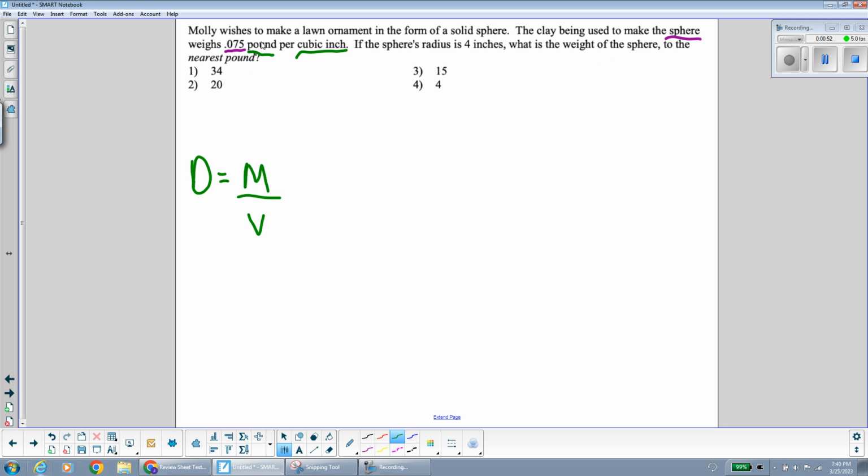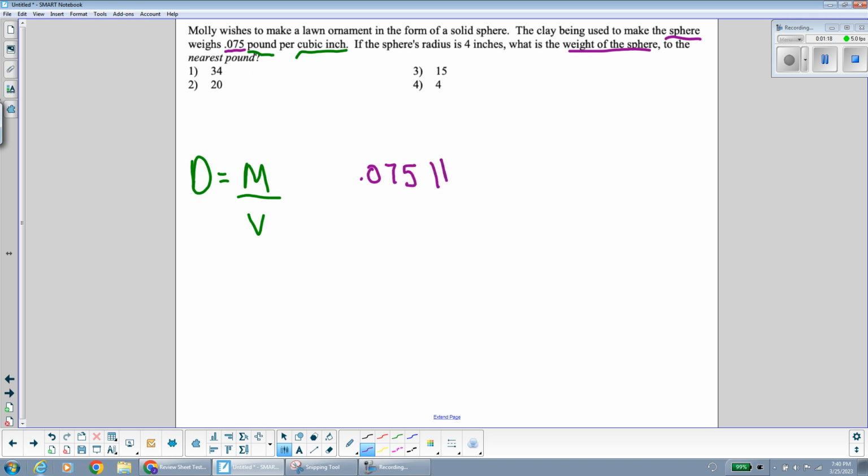So it has two units. It has the mass unit, that's the first unit here, and it's got the volume unit, the second unit here. So if there is a number that has two units attached to it and it doesn't say explicitly that it is the density, it is the density. Okay, so we are finding the weight of the sphere, so we are finding the mass. They give us the density, so I'm going to plug in the density,